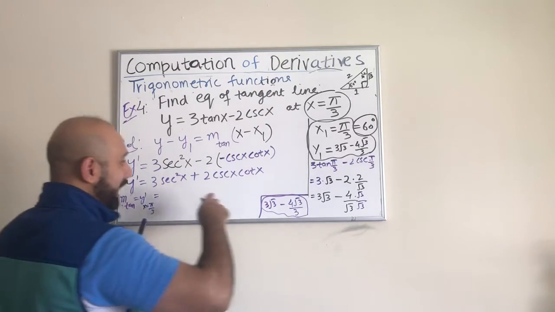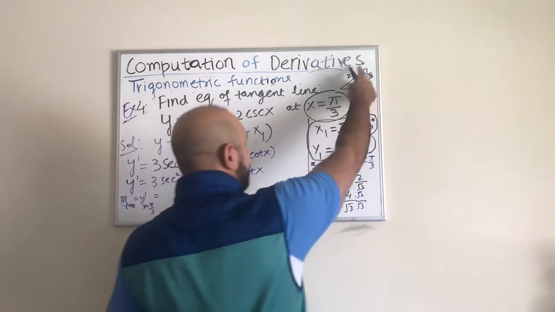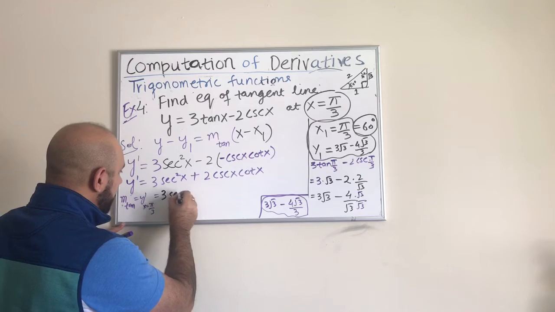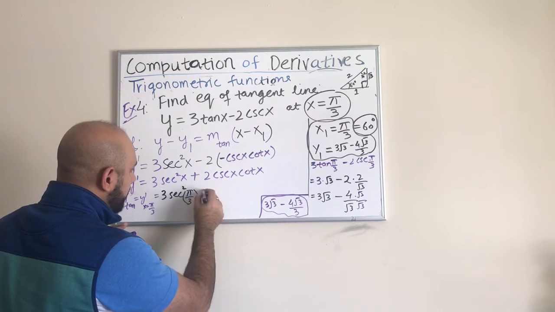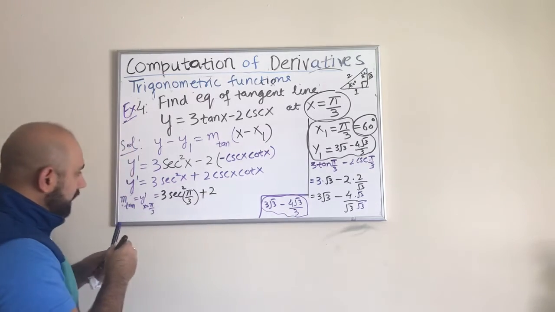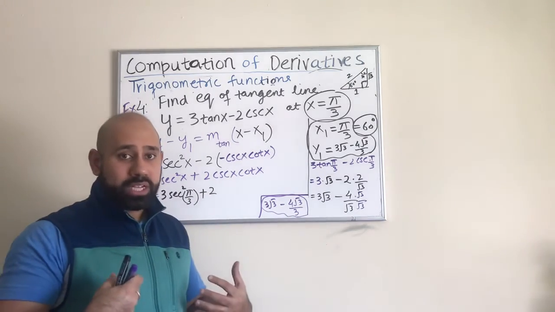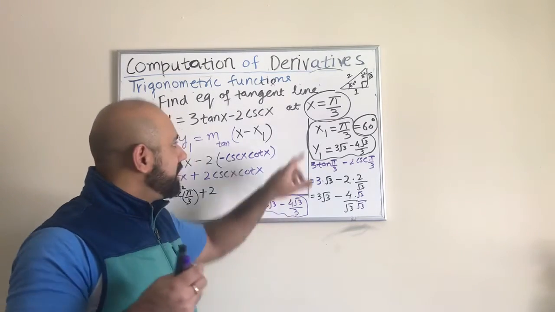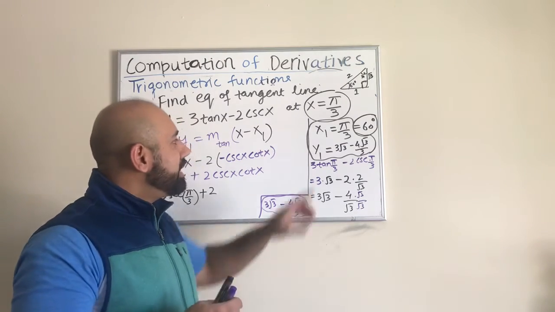And then we may have to again go back either to the unit circle, or we can just go back to our reference triangle again. Now it is 3 times secant square pi over 3 plus 2 times. So guys, the other thing that I want to tell you, and that is something I always like to do, is that I don't work that well with radian measures, for some reason. So whenever I have to deal with radian angles, I convert them directly to a degree measure,